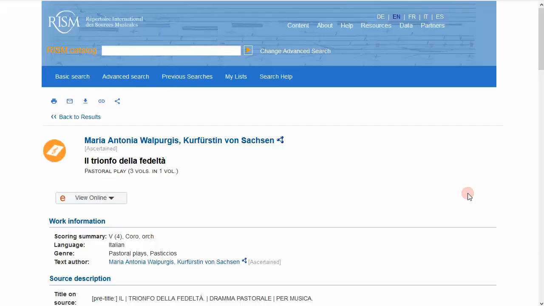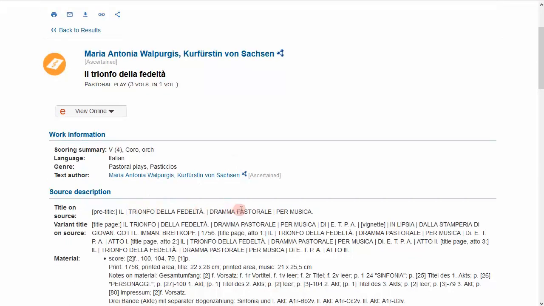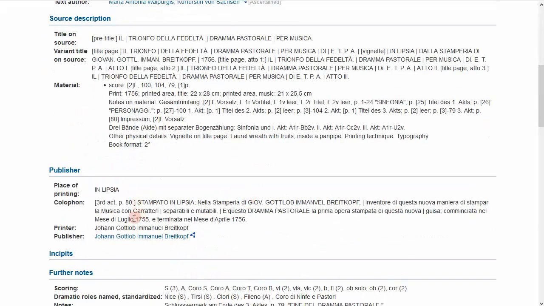From the perspective of a user who is searching the RISM online catalog, the record for a printed edition is essentially in two parts. The top part of the record contains information that is true about the edition as a whole, information that is true no matter what the physical copy in your library looks like. If your library has the same edition, then you'll have the same composer, title, publisher, year, musical format, and other elements such as plate number.